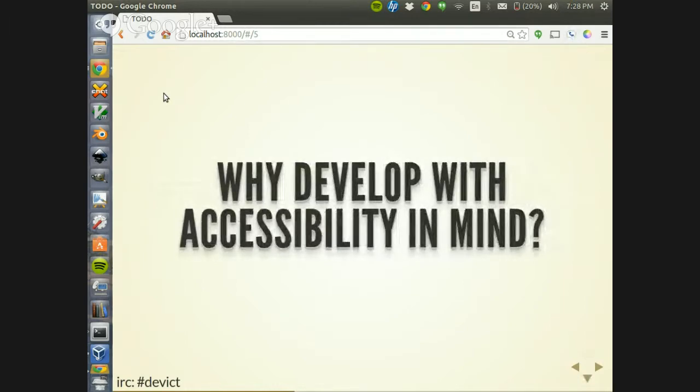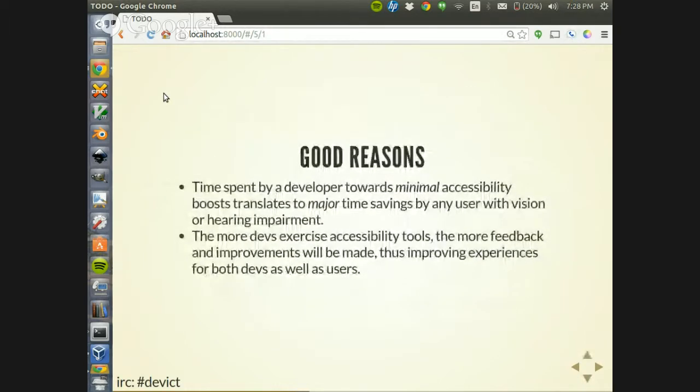Why develop with accessibility in mind? There are some good reasons. Time spent by a developer, little things that you can do programmatically that are supported by modern browsers, and even as far back as IE8. Alt text and aria labels really can go a long way, especially if what you were previously doing was nothing,